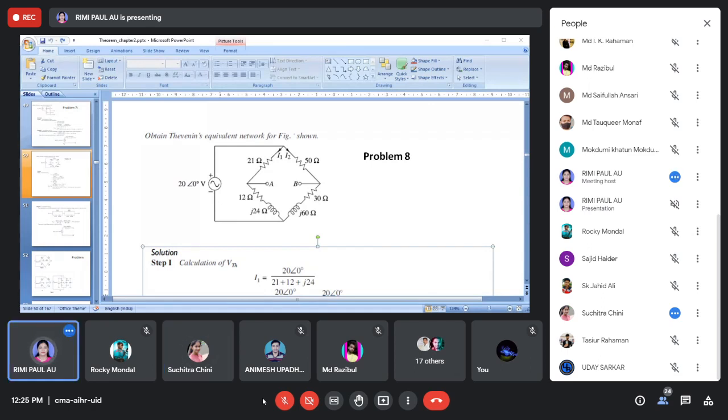Two branches. You are now finding out two branches impedances. Now these two are parallel or series. That means you are saying first these two are parallel, these two are parallel. Now what is the relation between these two branch? Series or parallel? I will write parallel sign or plus sign. Okay, so next I am showing you.